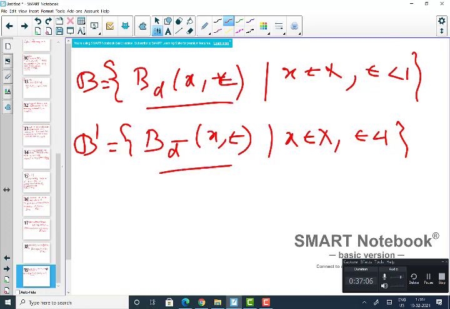So they generate the same topology, right? So the topology is the same, but the same set may have a finite diameter or infinite diameter. That depends on the metric, which metric you are choosing. Okay,